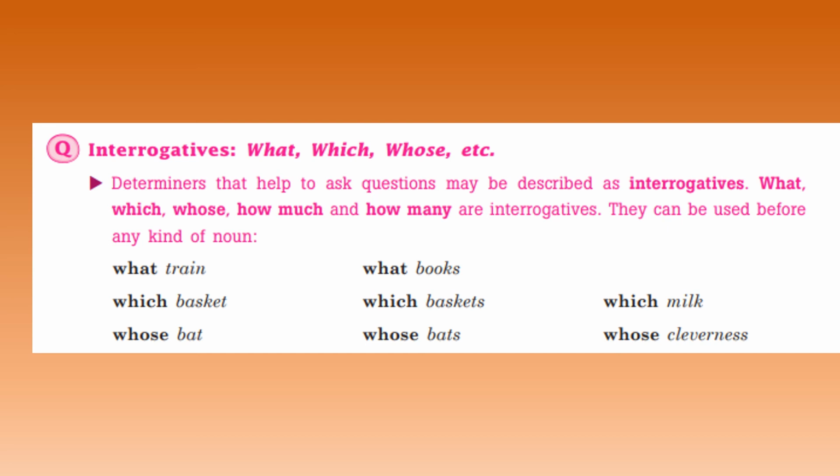Kinds of determiners: they are articles like a and the, demonstratives like this, that, these, those, possessives like my, your, his, her, its, their, our, one's, distributives each, every, both, neither, either, interrogatives which, what, whose, etc., quantity 1, 2, 3, etc., all the cardinal numbers. I hope you must be knowing about the cardinal numbers. All, some, several, any, much, many, few, a little, little, no, enough, etc.